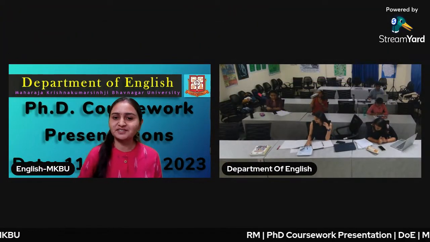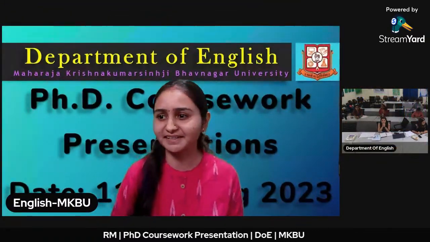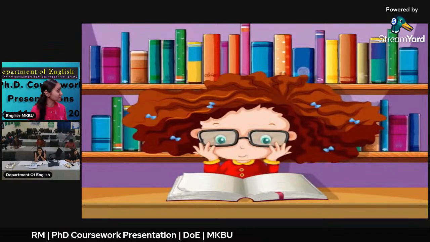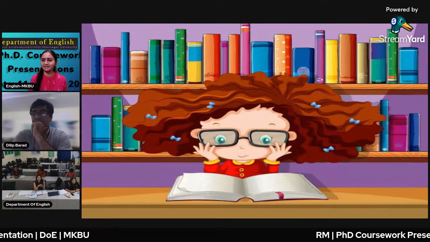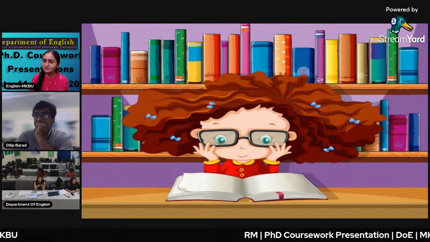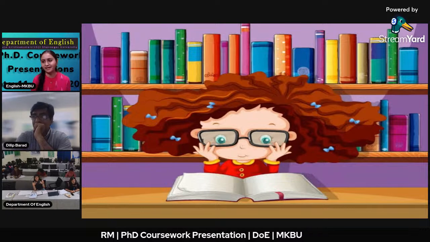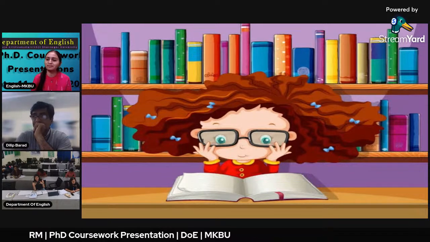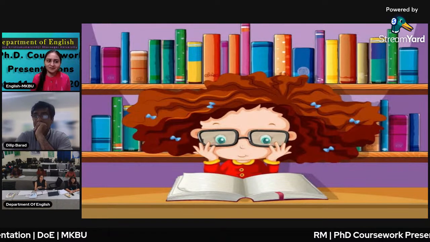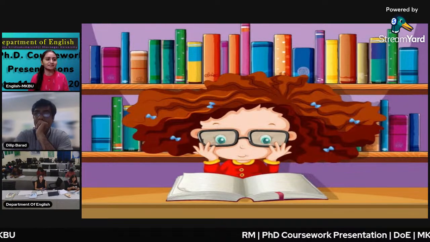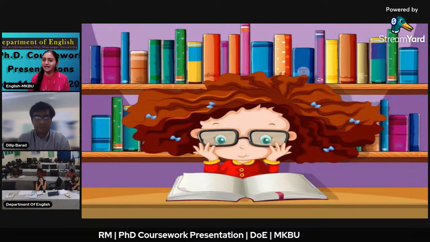So this image is very symbolic. You can see that someone is reading in a library, books are there. It shows that a researcher spends their maximum time with books only. Yes, nowadays you might all have experienced this, that for so many days you have been preparing for exams and presentations, so you are feeling like a scholar. This topic you can very much attach with your personal experiences.